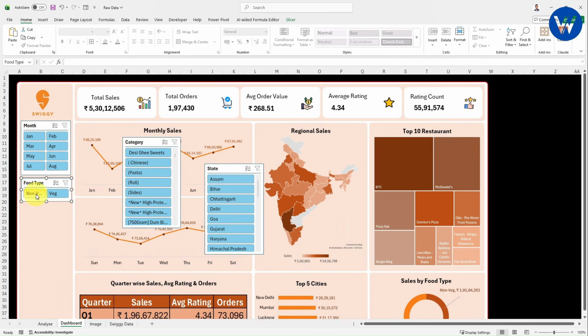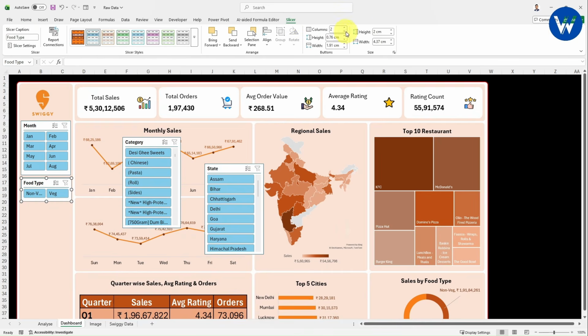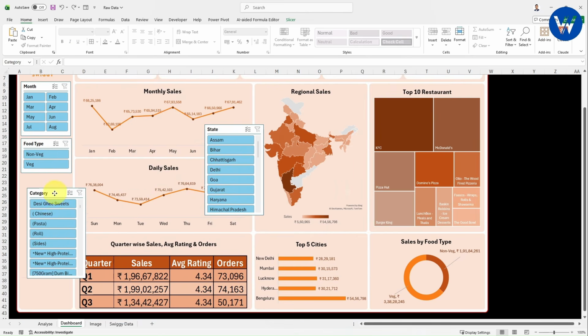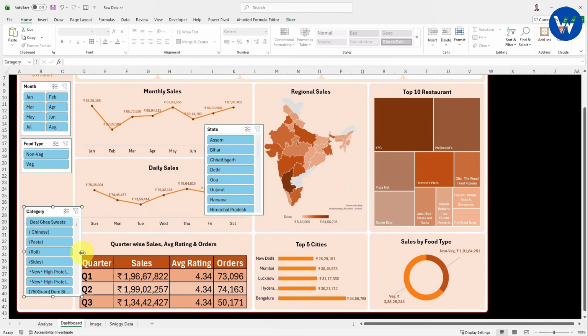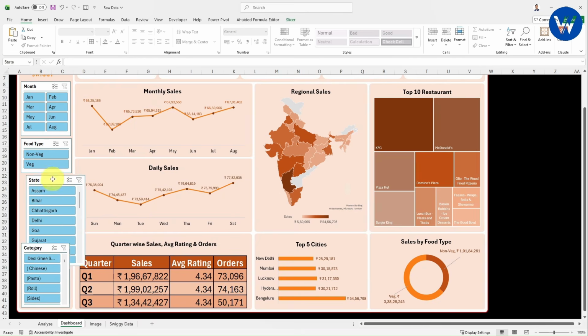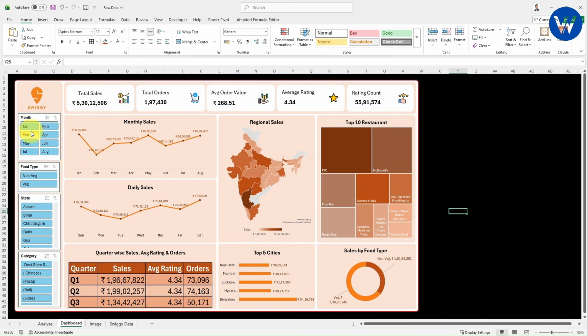But the non-veg is not looking proper. So I will just go to the slicer. I will take one column only. I think now it will look proper. Done. It is looking proper, right? In the same way, you can fit the category and the state. The category is fine, so I will not make any changes. I will simply set the category here. Okay guys, in this way you can take the category. Now decrease the size of the category. Done. Now take the state, adjust it here. Let me reduce the size of this. Let me reduce it more. Perfect. Now finally, I adjusted all the slicers at the left side.